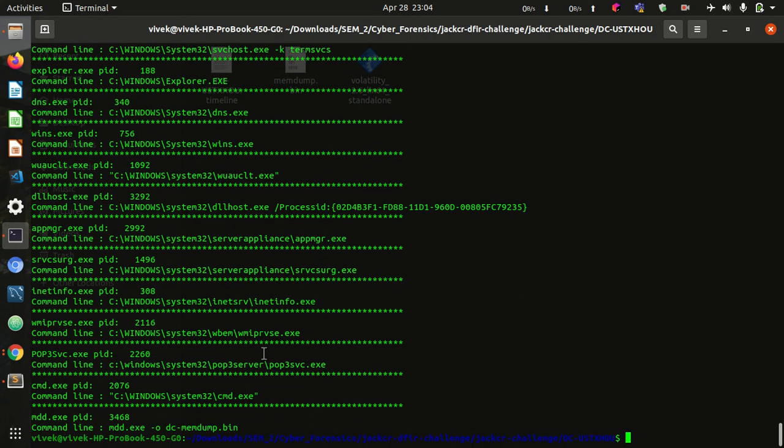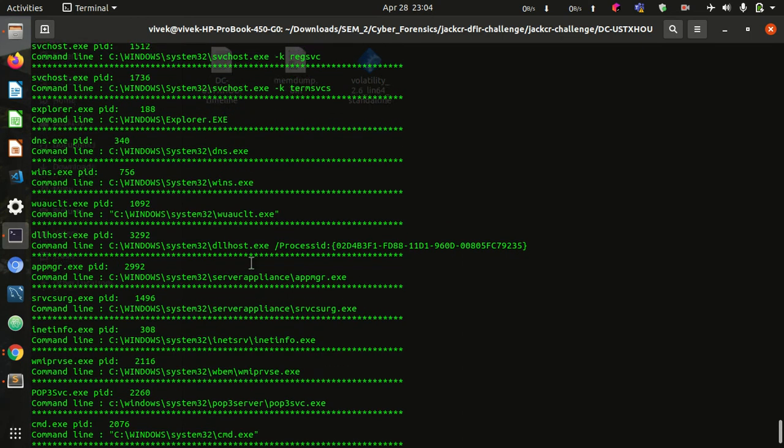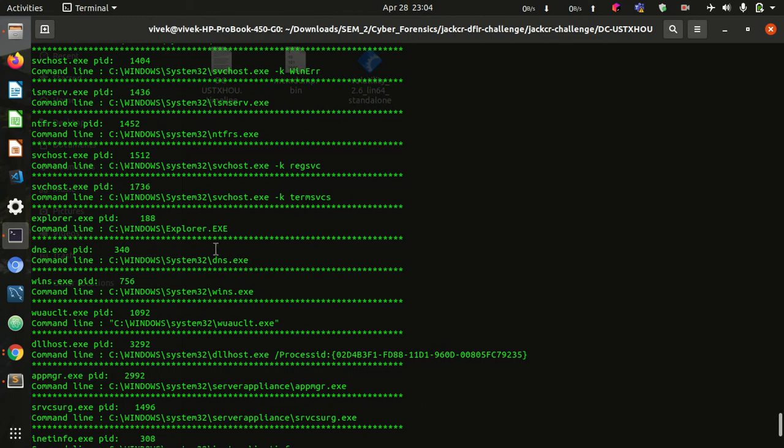Through these commands also we can guess about the activity that was going on in the system. Like here we can see explorer.exe. Explorer might be the Internet Explorer, and we have the process ID of this command.